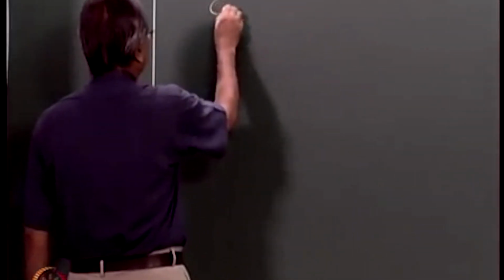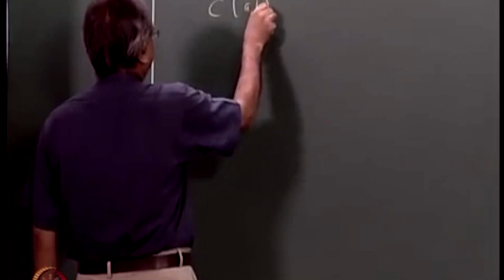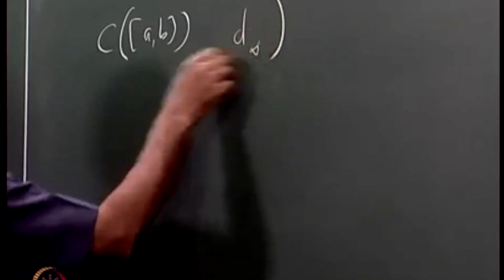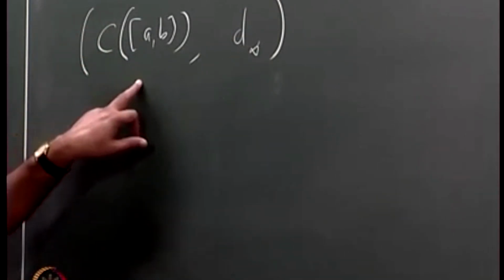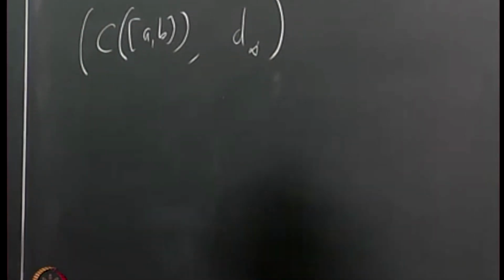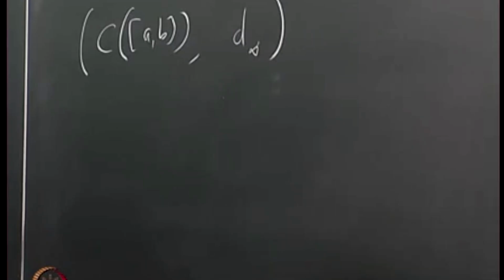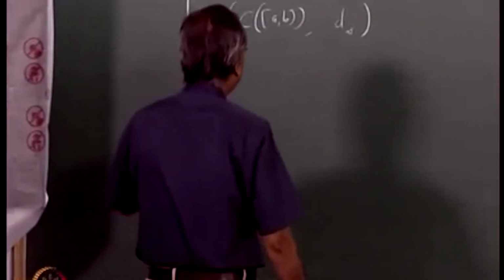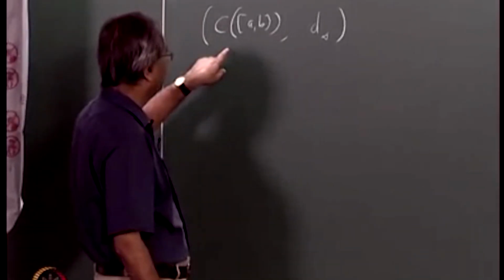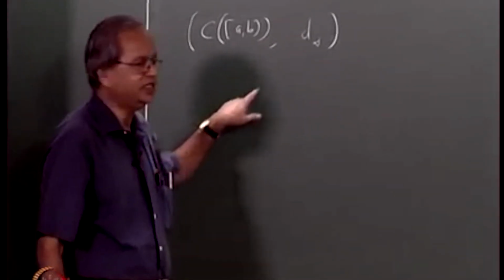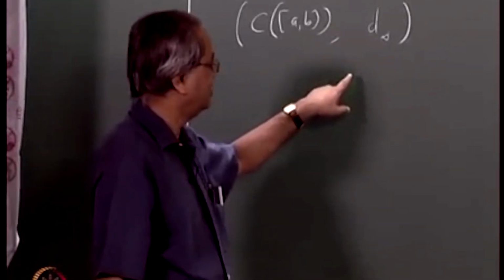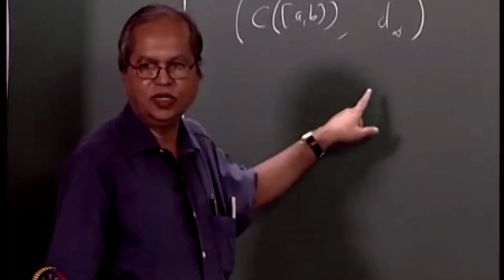We have already seen that, for example, if you take this space C[a,b], that is the space of all continuous functions with this metric d infinity, our earlier result about uniform convergence and continuity implies that this is a complete metric space. And we have also observed quite early that uniform convergence is basically convergence in this metric. Now let us see how yesterday's result on integration can be interpreted in this setting.